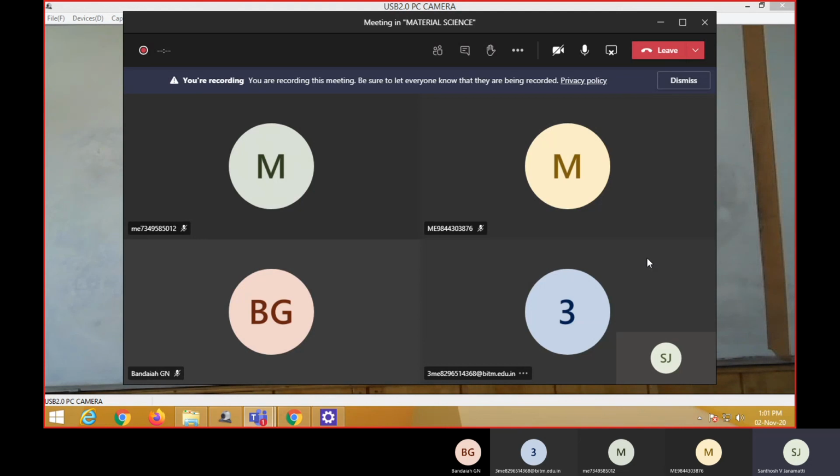Some materials will not show a straight line, and will not show the lower yield and upper yield point. Directly they will go to the ultimate and then come to the fracture. For example, mild steel will show an upper and a lower yield point, while copper and aluminum will not show the yield point. But the yield point is very important for us. For such materials, sir, how will we find the yield point? That is the question that arises in our mind. We have one method, the proof stress method, which we can apply to such materials to get the yield point. Okay, tomorrow we'll discuss that.